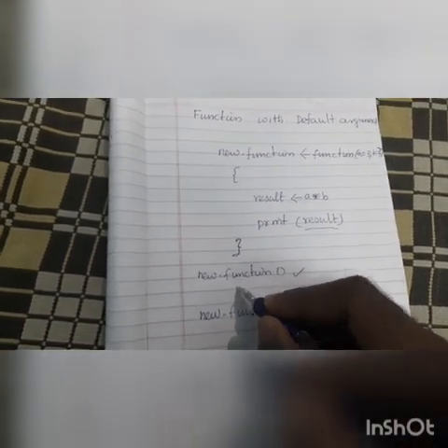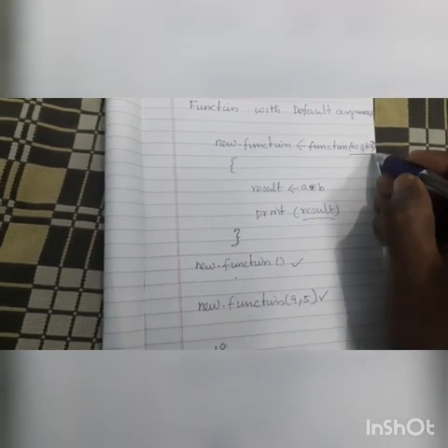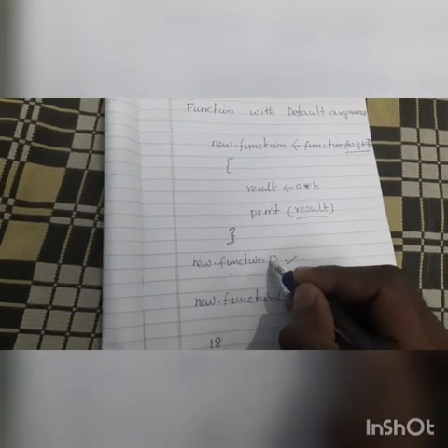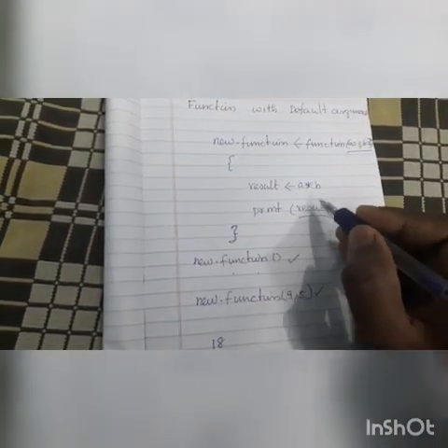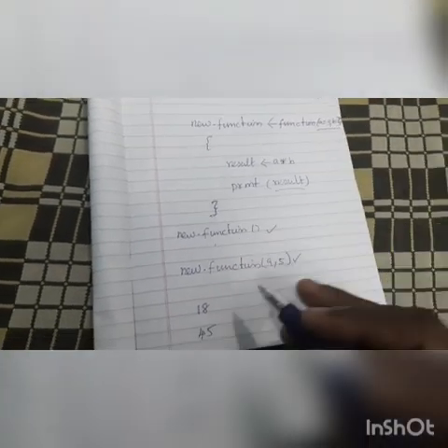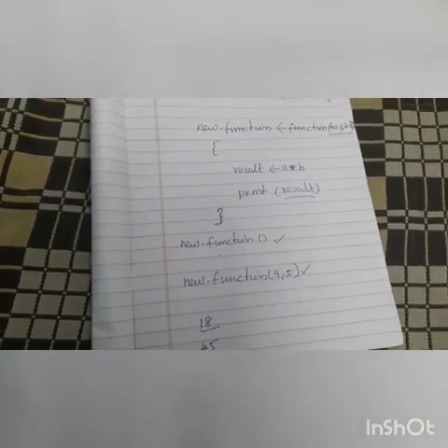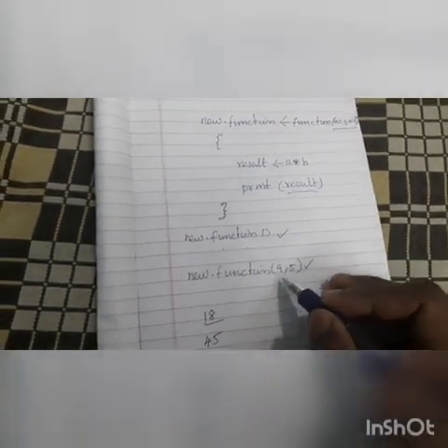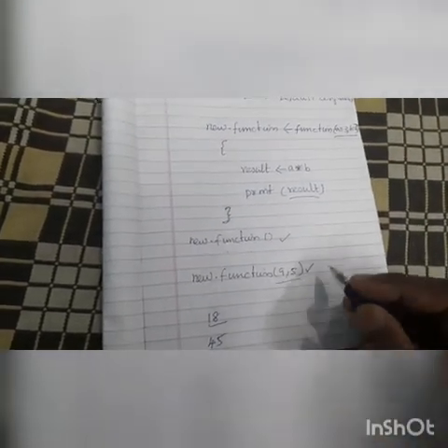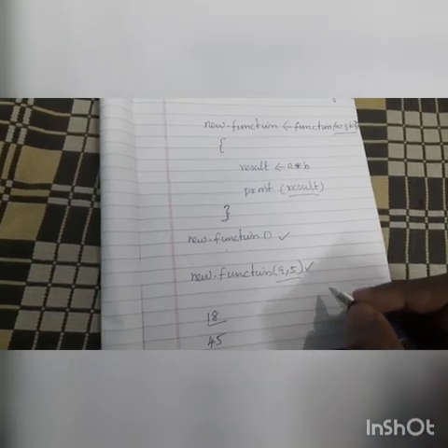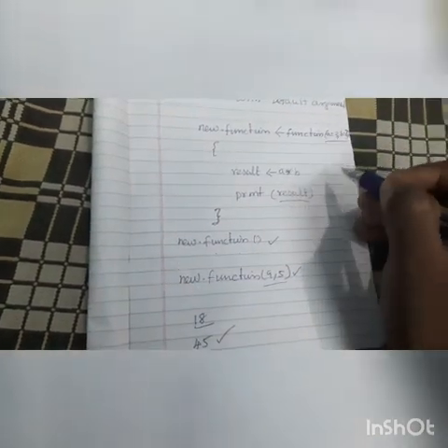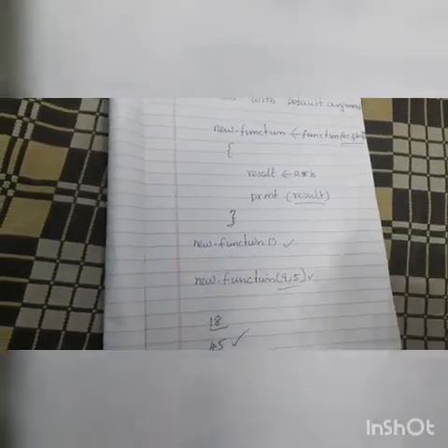See here, in this example we have passed the default arguments in the function definition. So here the default values will be taken for A and B. So here we multiply them. What are the default values? 3 and 6. They will be multiplied and printed here. 3 into 6 is 18. And here we change the default values to 9,5. So these two values are multiplied. That is 9 into 5 is 45. That will be printed here. So 3 and 6 are replaced by 9 and 5.